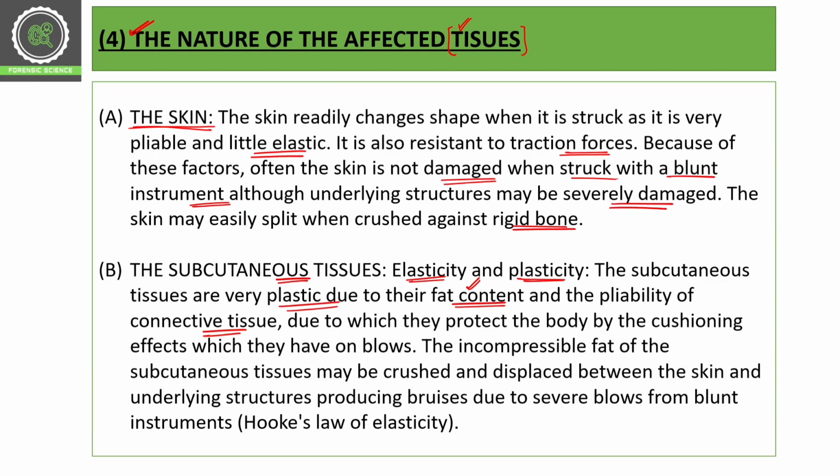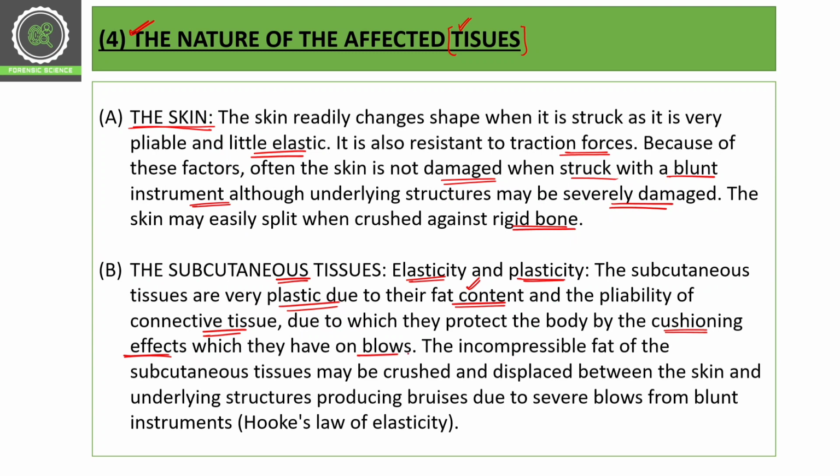That's why it is elastic and plastic, due to which they protect the body by cushioning effect, and that's why our bones and our soft tissues are protected, because this fat content acts as a cushion, right? So that's why it protects the underlying organs and other things